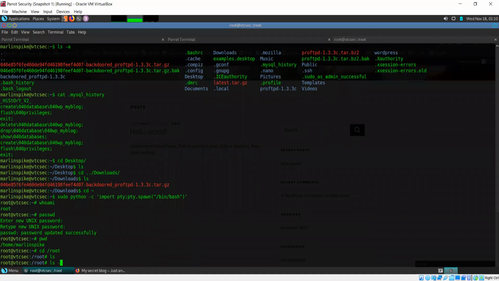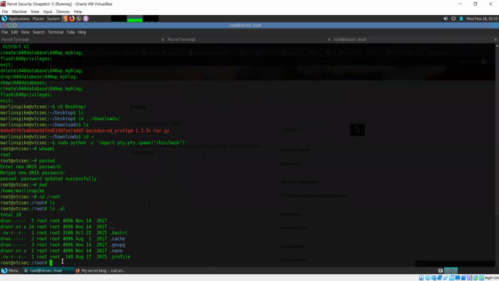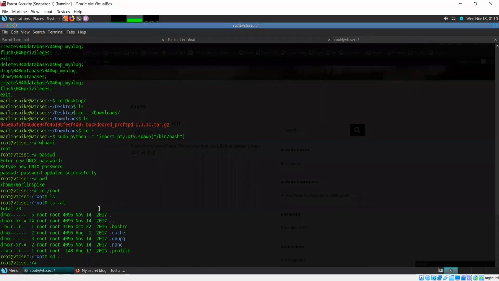Let's take a look at what is present in the root directory. Okay, nothing useful. Basically, that's what our purpose is, to get root access and get access to any file that we want.